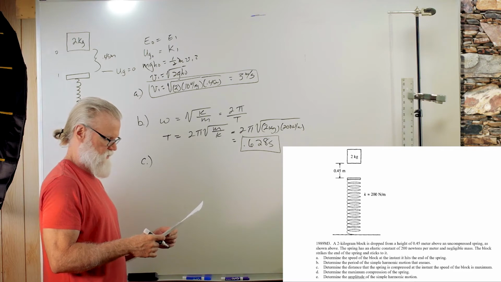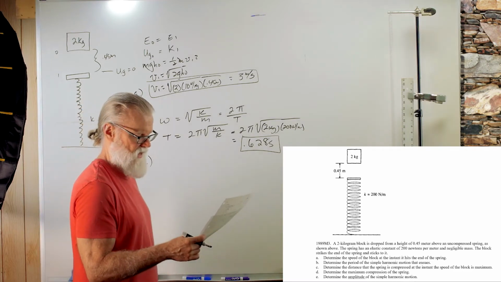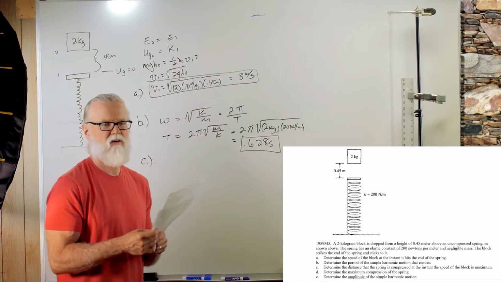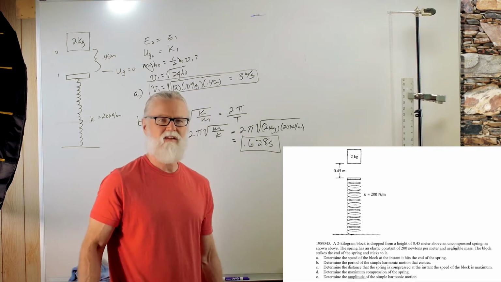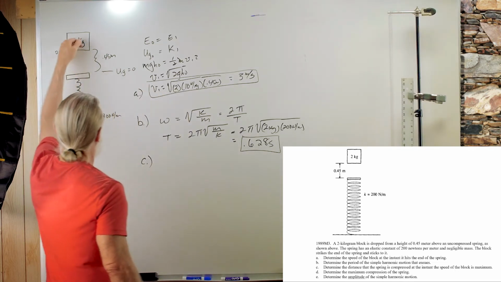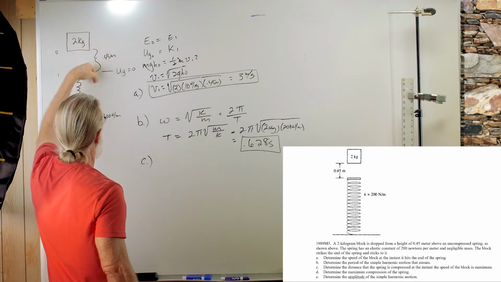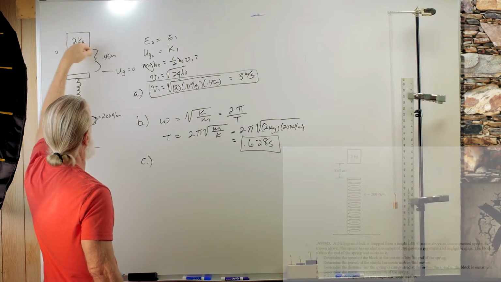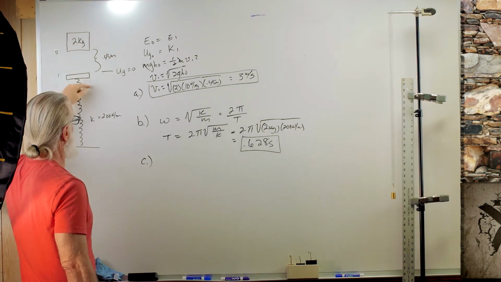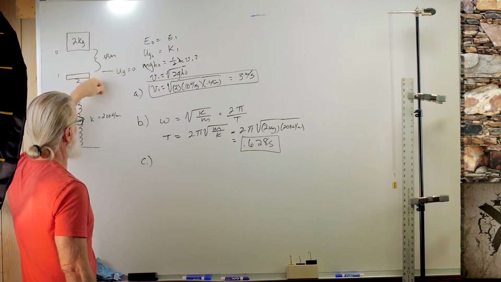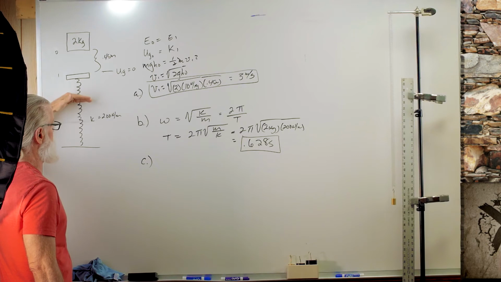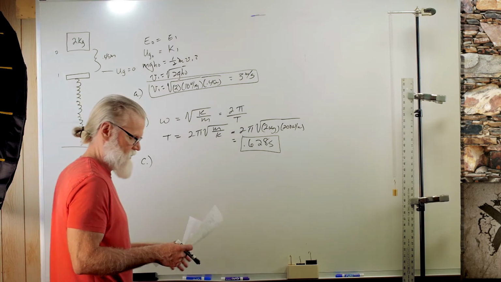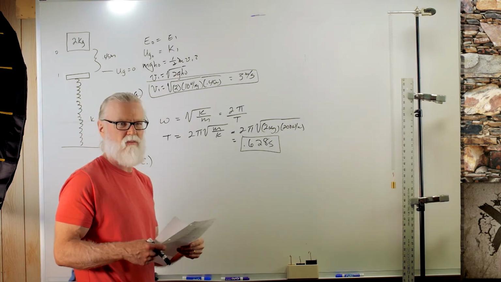Determine the distance the spring is compressed at the instant the speed of the block is maximum. Well, you have to understand that the speed of the block is maximum when it's in its equilibrium position, because it's falling, accelerating down because the force of gravity is the only force acting on it here. And then when it presses on the spring, the force of gravity is going to be greater than the spring pushing up for a certain distance until it gets to the equilibrium position, wherever that is. It gets to that equilibrium position, and at that point, it's at its maximum speed, and it's going to start